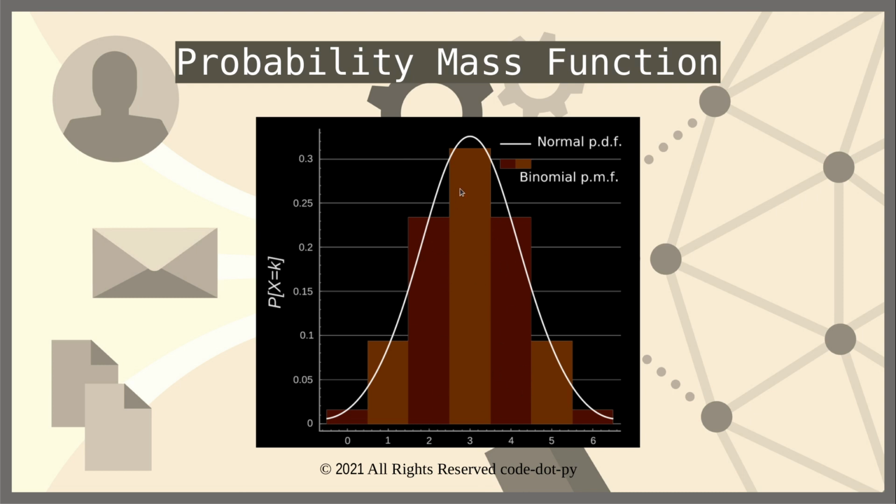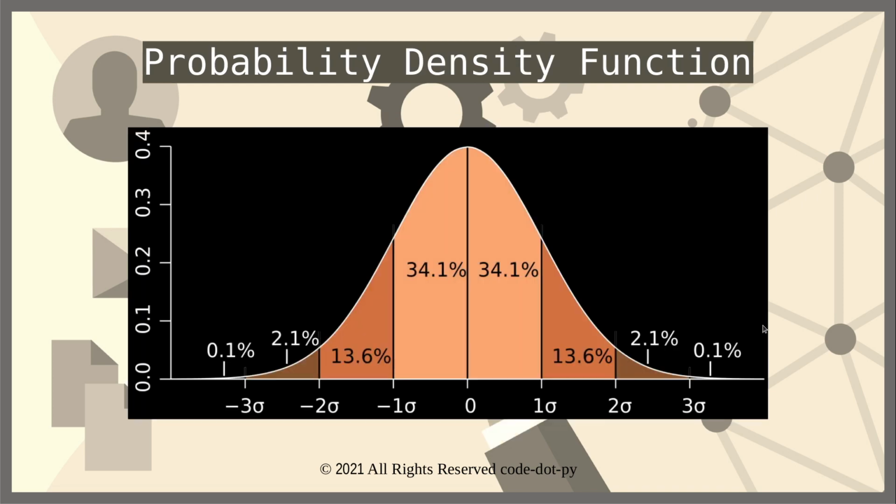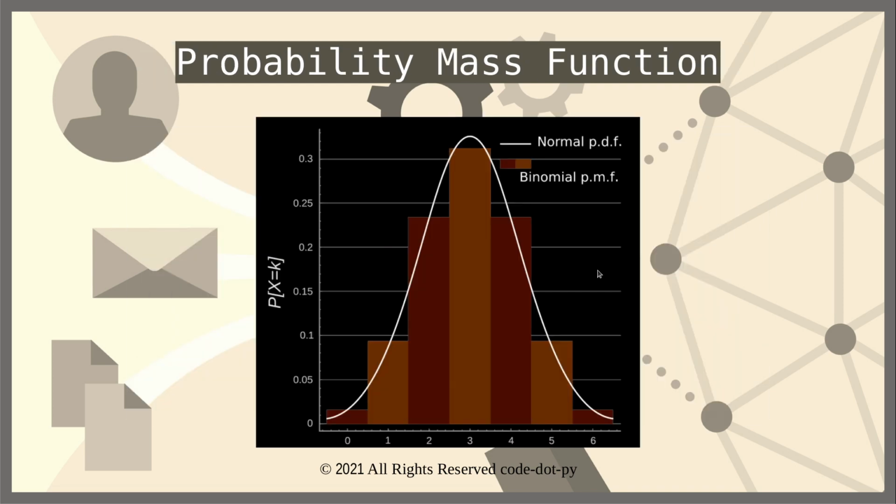But the difference here is, if this had been a continuous data set, we would have got this kind of a bell curve, but instead we have got this kind of discrete data set, which is precisely indicating that there is a probability of 32% for the next value coming in the distribution to be 3. So this is probability mass distribution. The key thing to understand: probability density function is for continuous values, probability mass function is for discrete values.